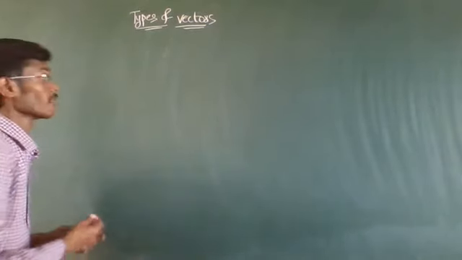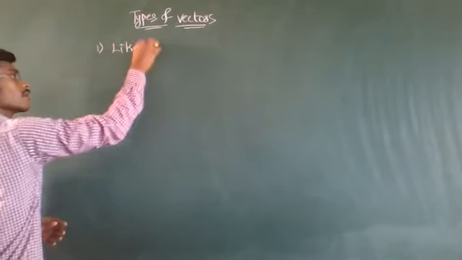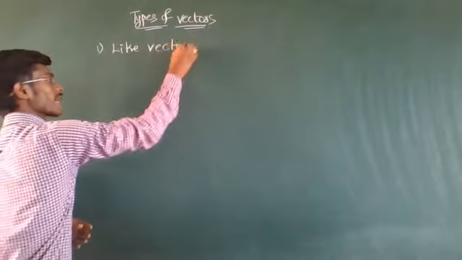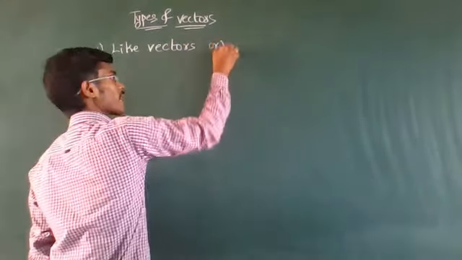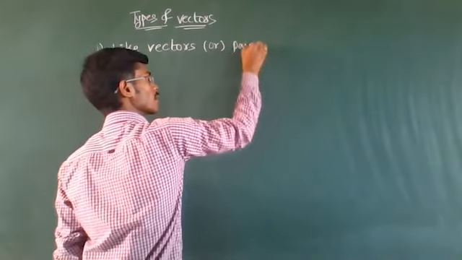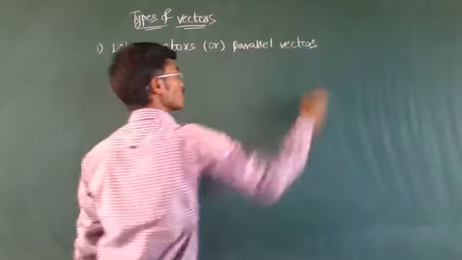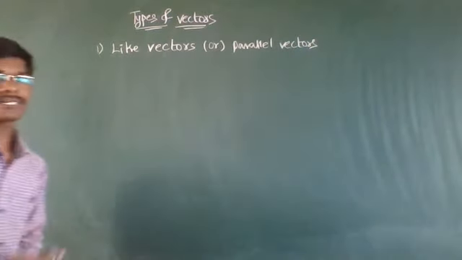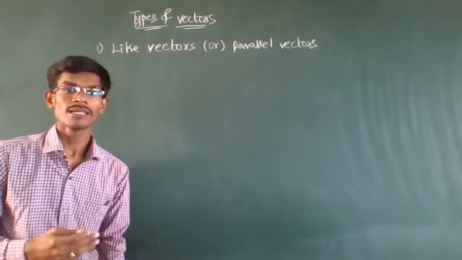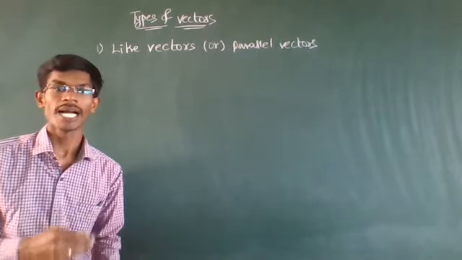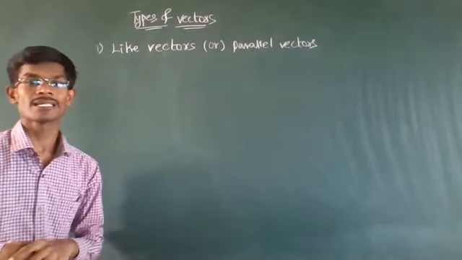So here the first one, like vectors, which can also be called parallel vectors. So what are like vectors or parallel vectors? Quantities which have the same direction and magnitude may be different, those vectors we will call like vectors